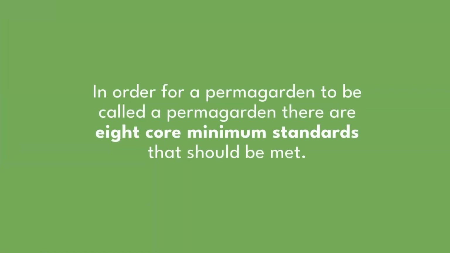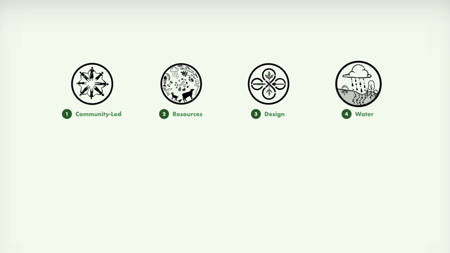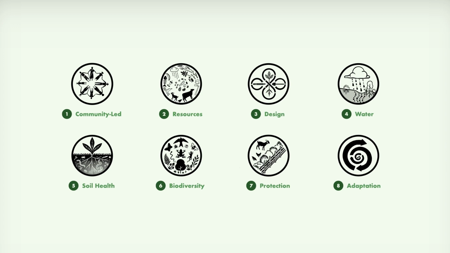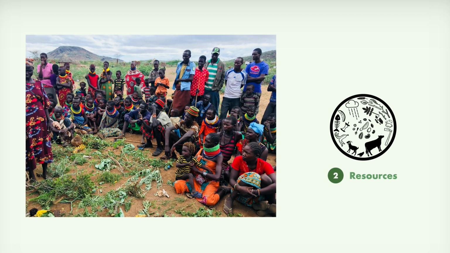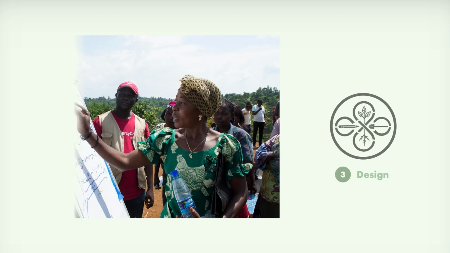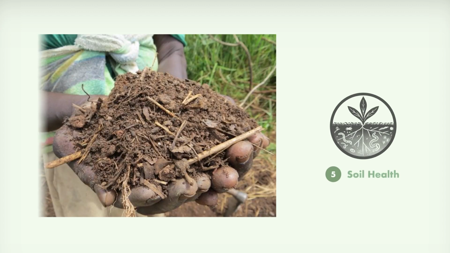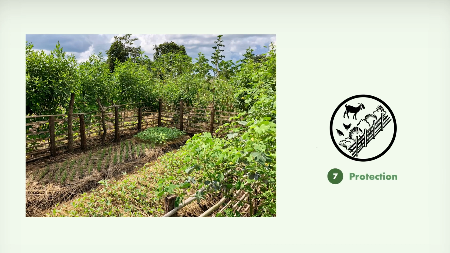In order for a permagarden to be called a permagarden, there are 8 core minimum standards that should be met. These include community-led, resources, design, water, soil health, biodiversity, protection, and adaptation. The permagarden process is led by households themselves, uses locally available resources, has a context-specific design, has multiple water management strategies, builds healthy living soils, cultivates biodiversity, protects the soil and plants, and is constantly being observed and adapted by